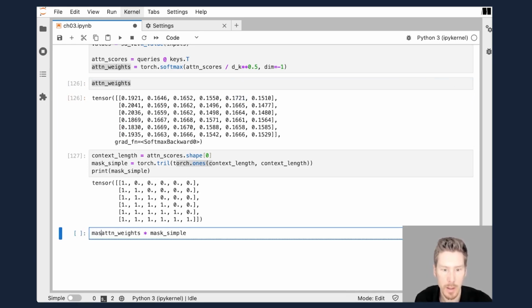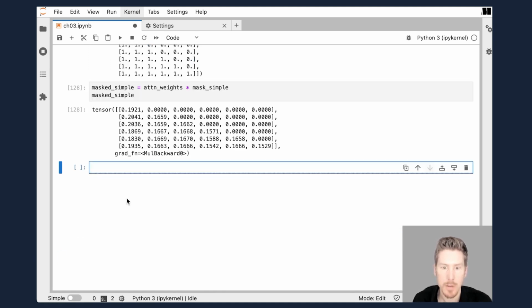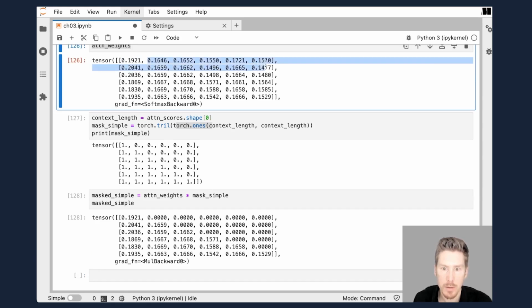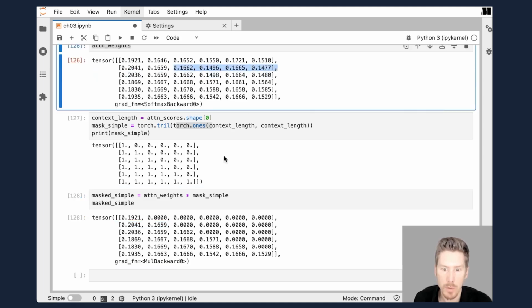So let's call that masked simple, and then we will print out how it looks. And so now you can see we masked these values. In the first row, everything but the first value is zeroed, so they're all 0. And then in the second row, we have the 2 tokens here, and everything after the 2 tokens is